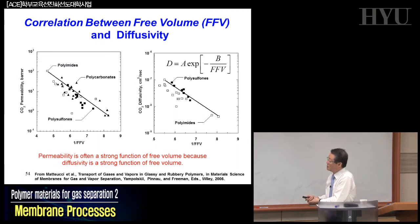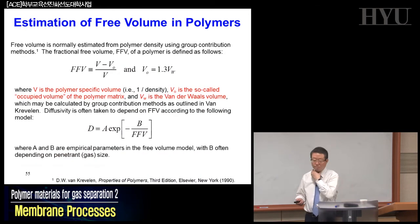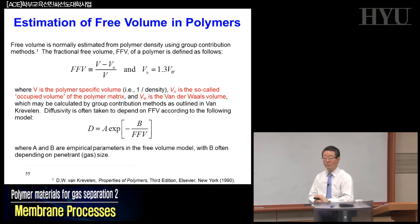This is the same for the glassy polymers and the rubbery polymers. The glassy polymers in particular. You can correlate this with the diffusion coefficients with the fraction free volumes in many cases. Now, if we define the fraction free volume, okay, this fraction free volume can be calculated. Okay? You can calculate this fraction free volume by knowing the specific volume with the so-called occupied volume of the polymer matrices,